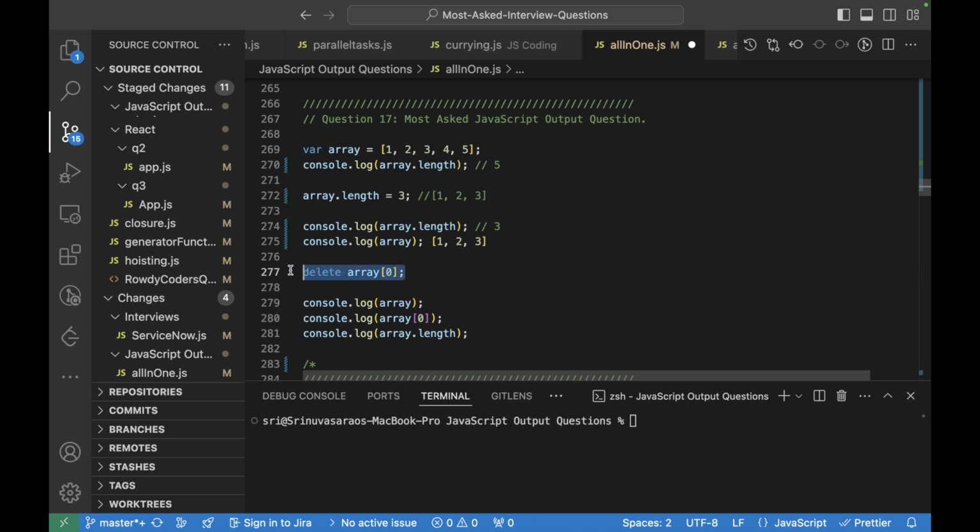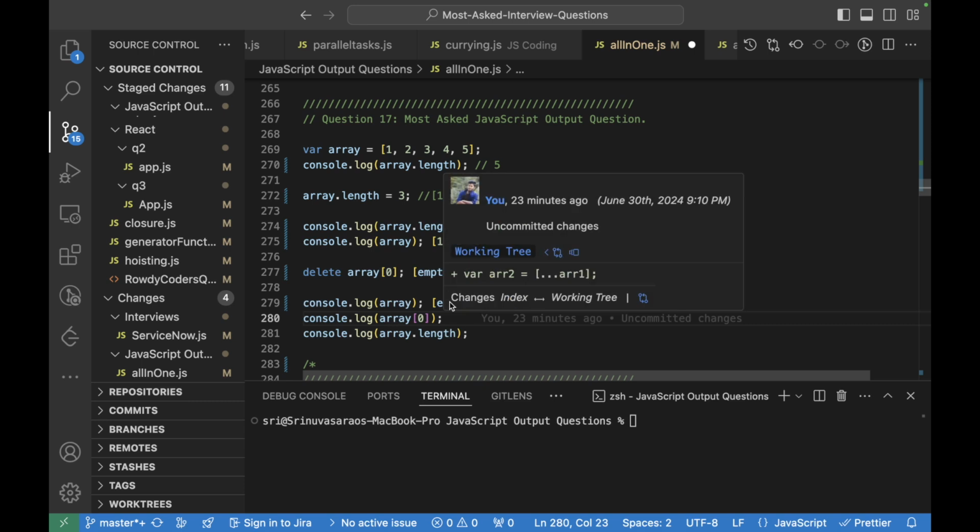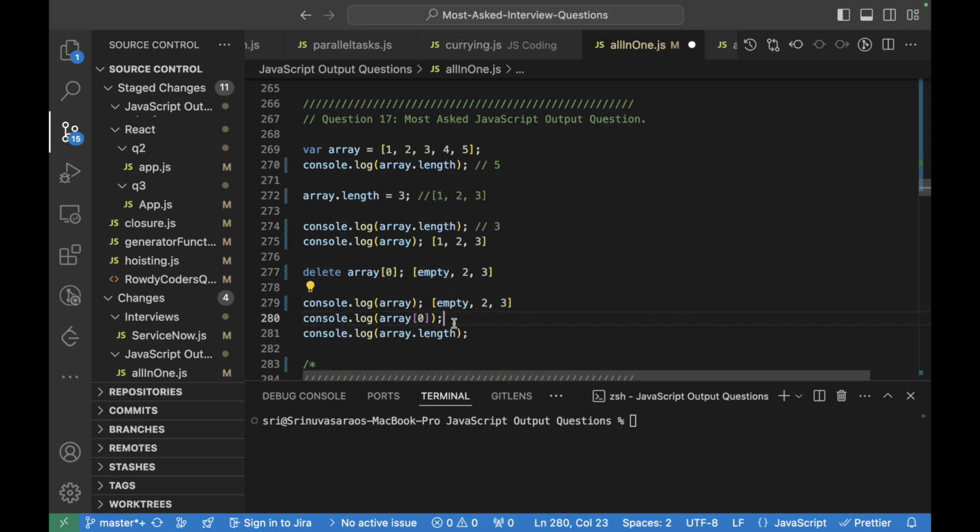And now here we are deleting the 0th index. With deletion, this particular array's 0th index will be deleted, and now it will have an empty value. Now when we log the array, it will show a slightly different format, with empty shown instead of undefined. Now when we try to log the 0th index, there is nothing within it, so it will give undefined here.